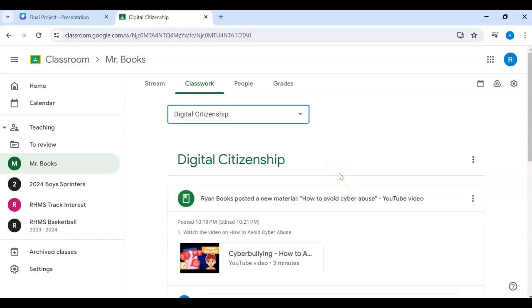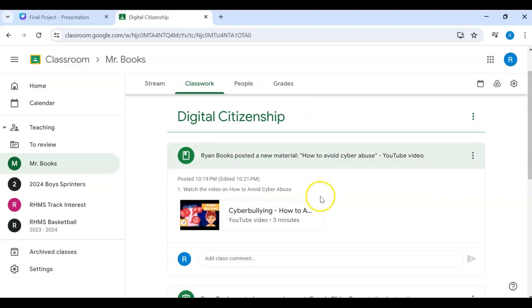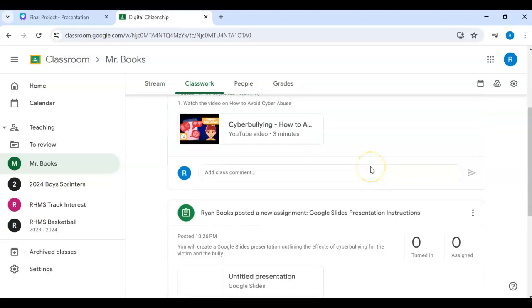The first thing they're going to do is watch a quick video. They're going to use their headphones to watch this video on their own Chromebook. It's a 3-minute YouTube video. It's embedded right here where they just click. And it talks about the effects of cyberbullying and how to avoid cyberbullying and cyber abuse. So after they watch that video,